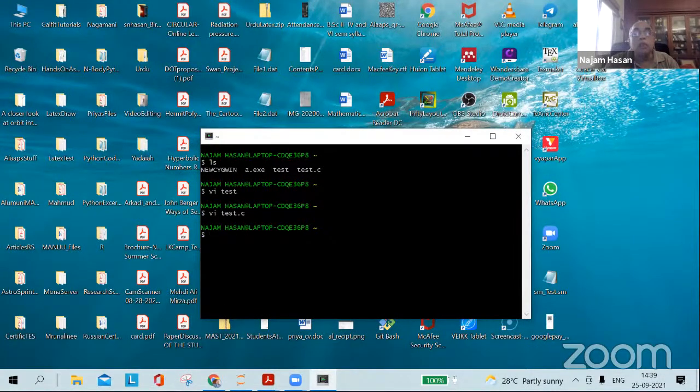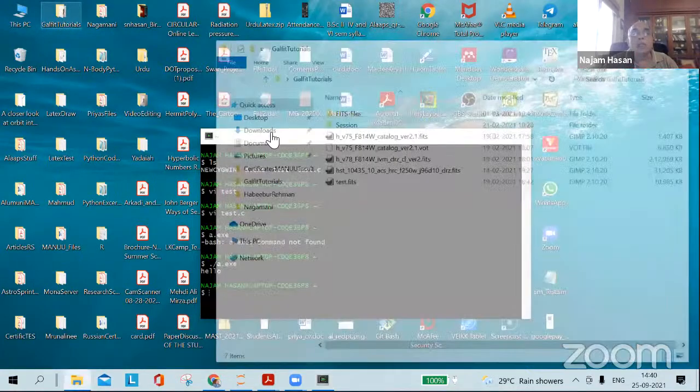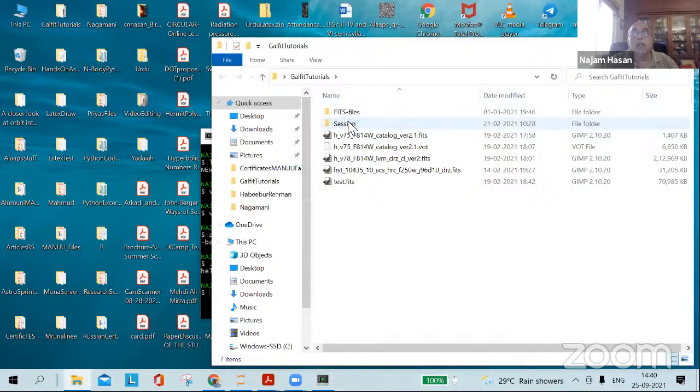And since I installed a GCC compiler from within this terminal, I could compile it and I could get the executable file. And when I run this a.exe, it will run also, see, hello, right? So simple things can be done. But the question was whether you can run GALFIT from here. Though I have GALFIT downloaded and unzipped somewhere here,